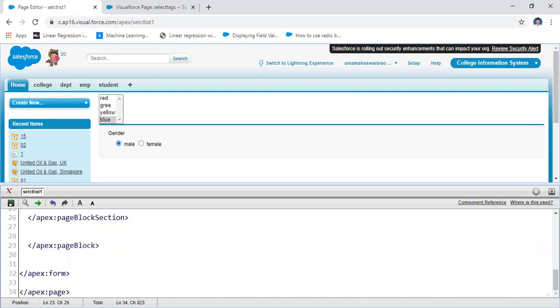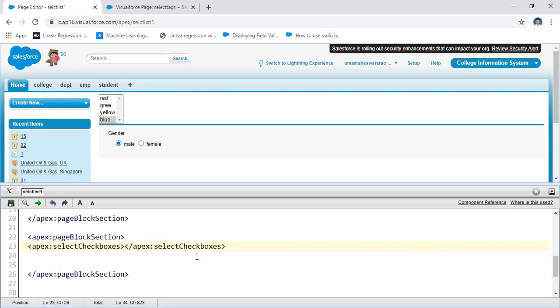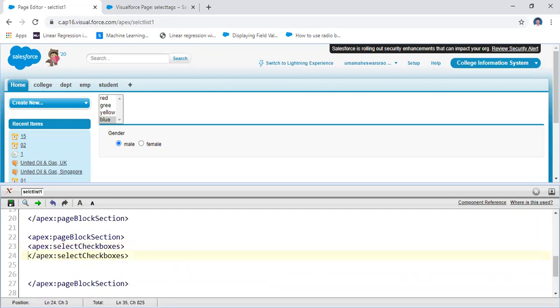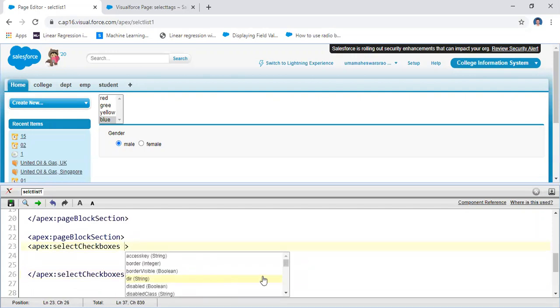The select checkboxes have different parameters. You may take any parameter. If you execute this one you have different parameters: disable, enable, ID, and then label. For different cases you require different parameters.